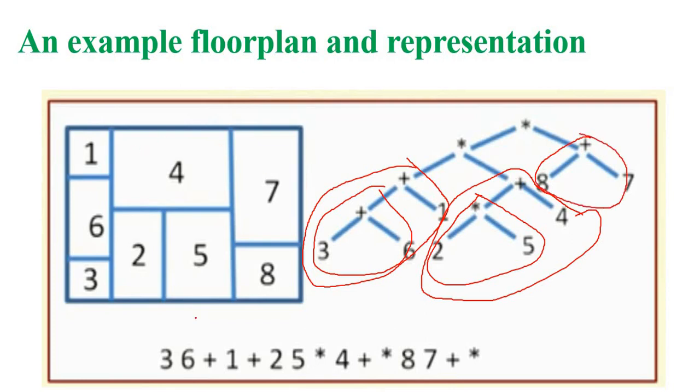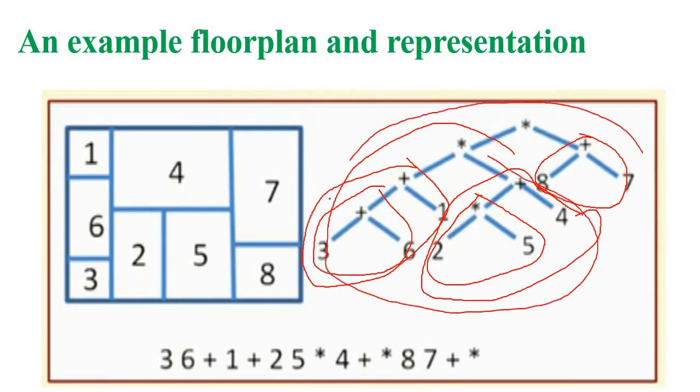But these 3 are in the vertical. This is one vertical and this is the second vertical. So the total entire thing is vertical, and this combines the total entire. After that, this total entire thing combines, so this plus. Like that we can place our blocks in the floor plan. This is an algorithm for the floor plan representation.